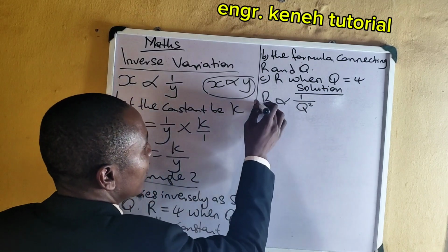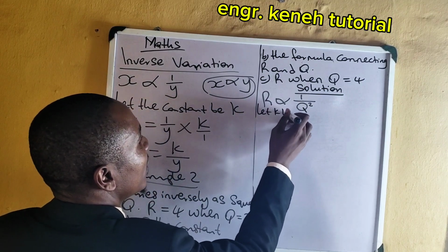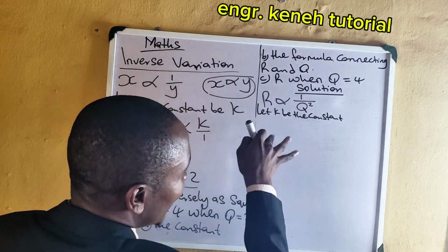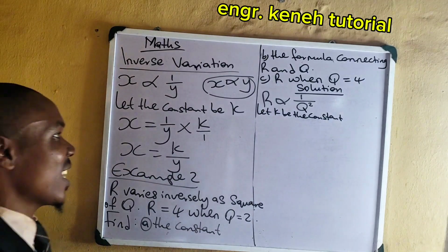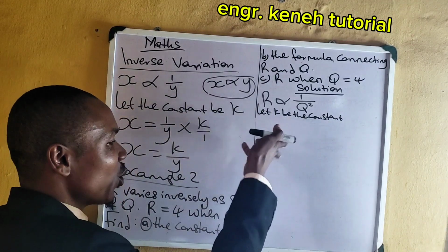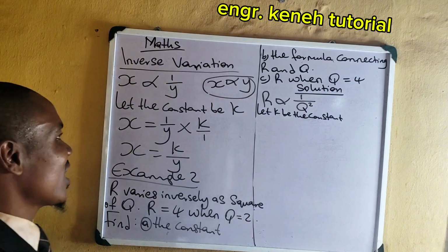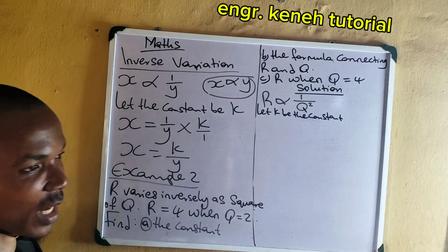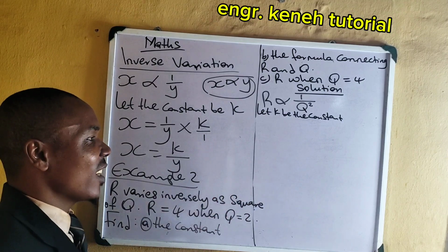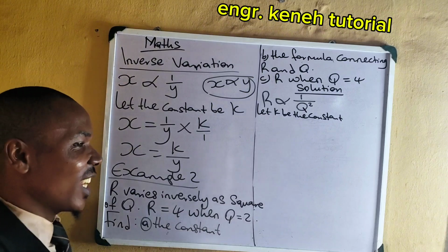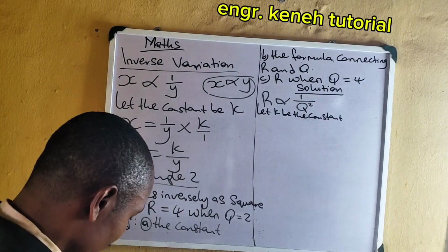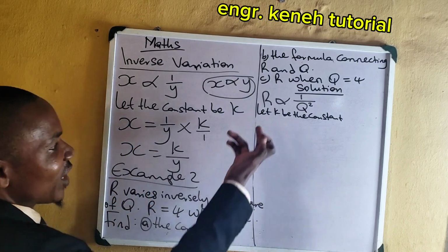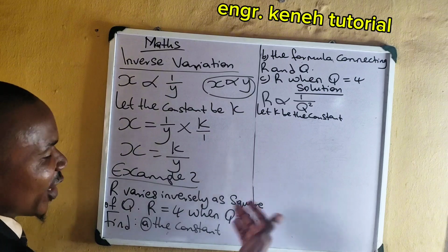we say let K be the constant. It is important for you to define what you are referring to as constant, so that as we are solving, the examiner will know what you are referring to as constant. It's not all of a sudden you start putting your K without defining it. The examiner may understand, but assume that he does not understand what you are doing. It will not be of advantage to you. Instead, it will be of disadvantage. So it's better that you define it so that anywhere you see K here, you will know that it means